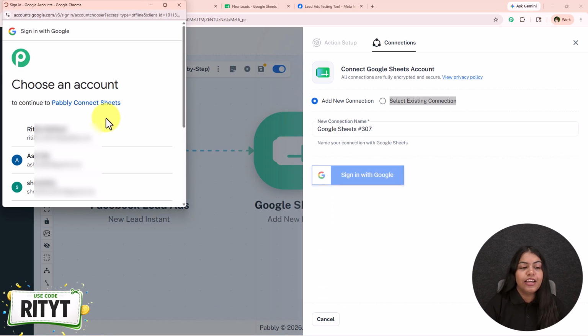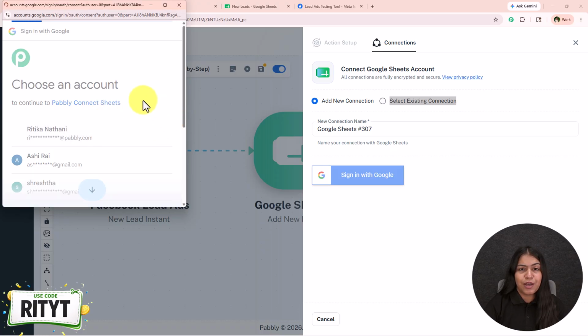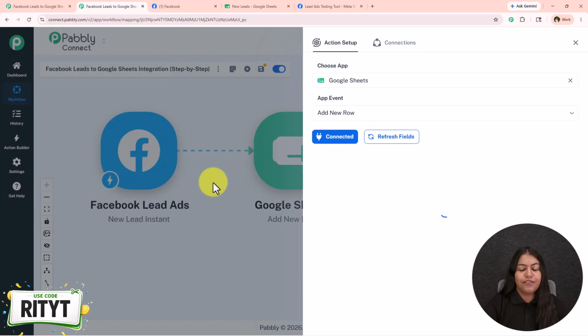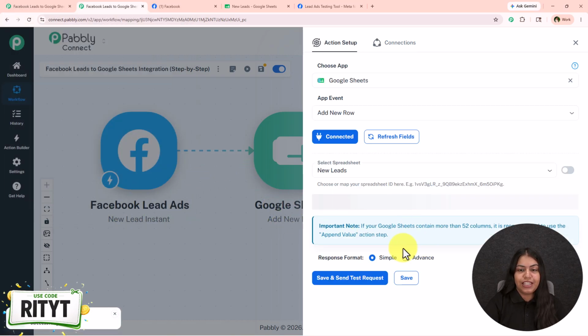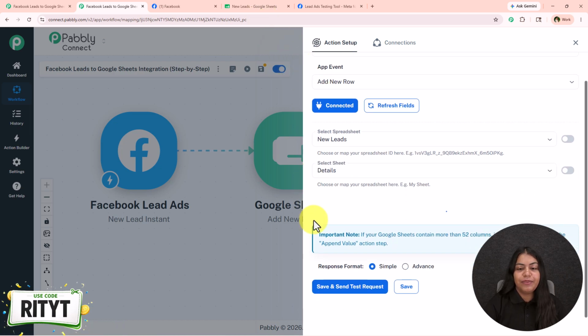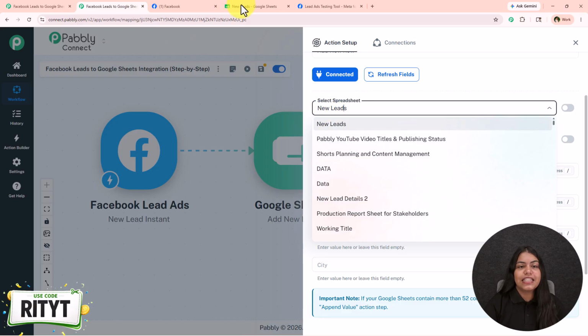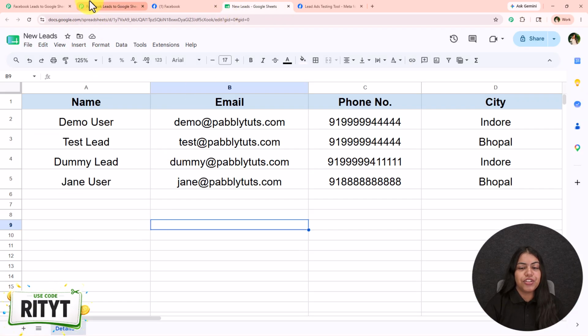with Google. Now you have to select the Gmail account with the help of which you want to connect your Google Sheets. Pabbly is going to ask you for some permissions. So click on this allow, give Pabbly all the permissions it is asking for because your data is 100% safe with us. Now Google Sheets is connected with Pabbly Connect. It is asking for the spreadsheets over here. As you can see, this is the name of my spreadsheet and the sheet, so I'm just going to choose